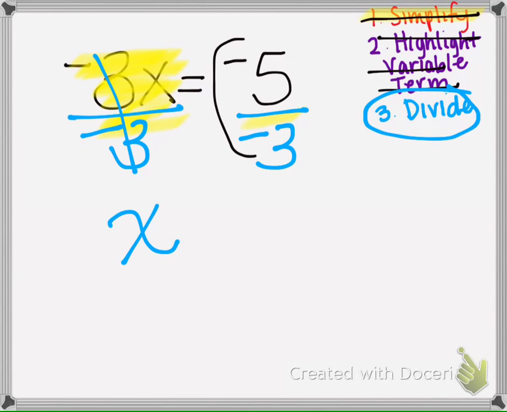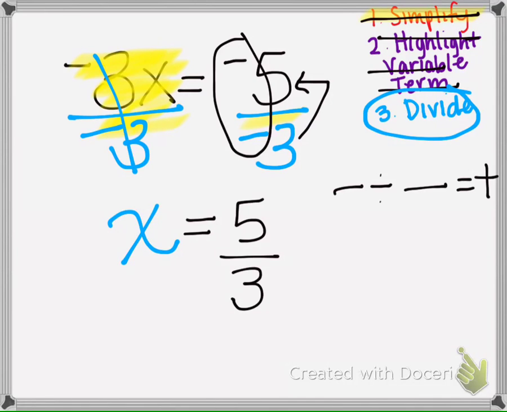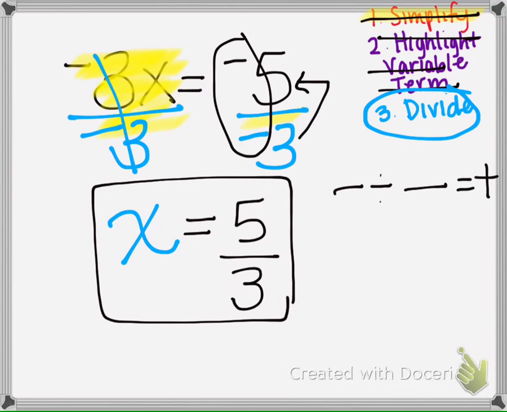And then here we have a negative divided by a negative, which makes it a positive. And then 3 can't divide evenly into 5, so we just leave it as 5/3 because 5/3 is a simplified fraction. We do not want to write it as a decimal because if we write it as a decimal, we would get